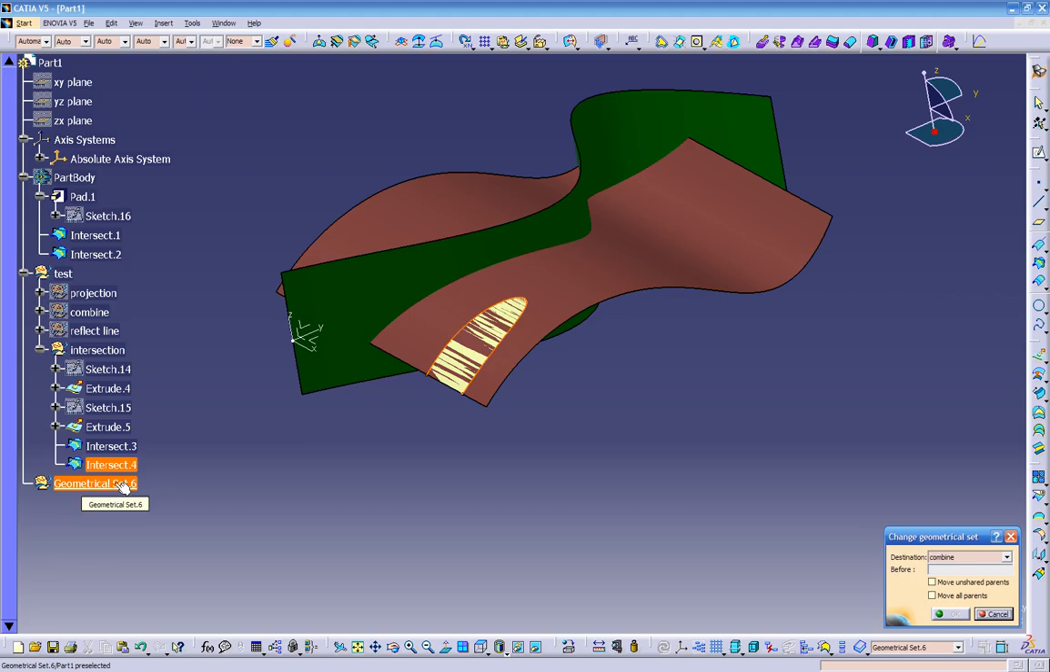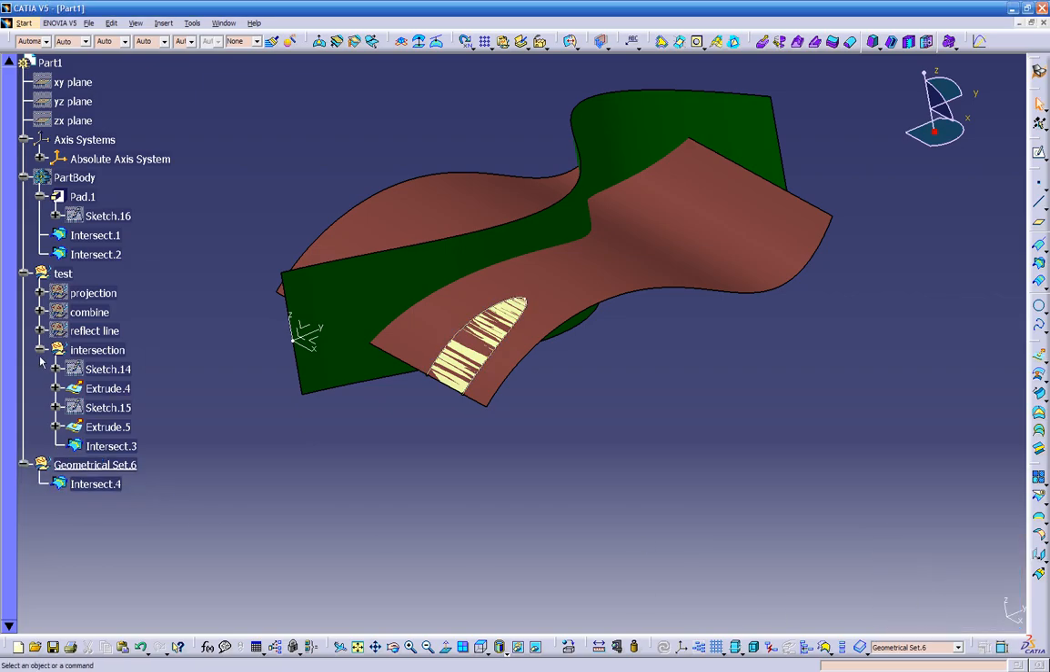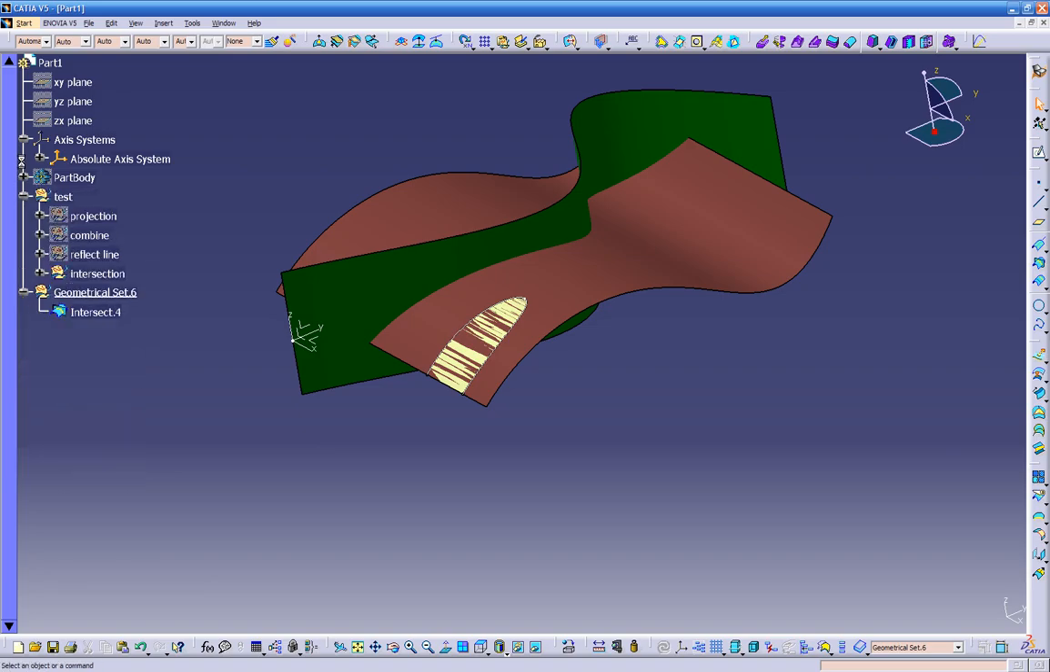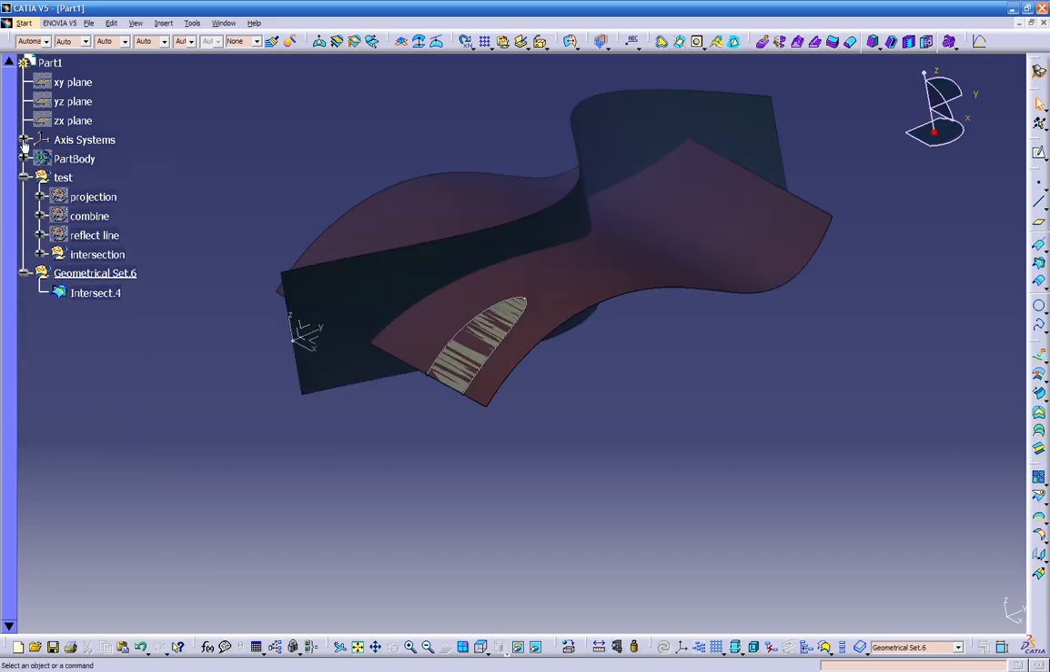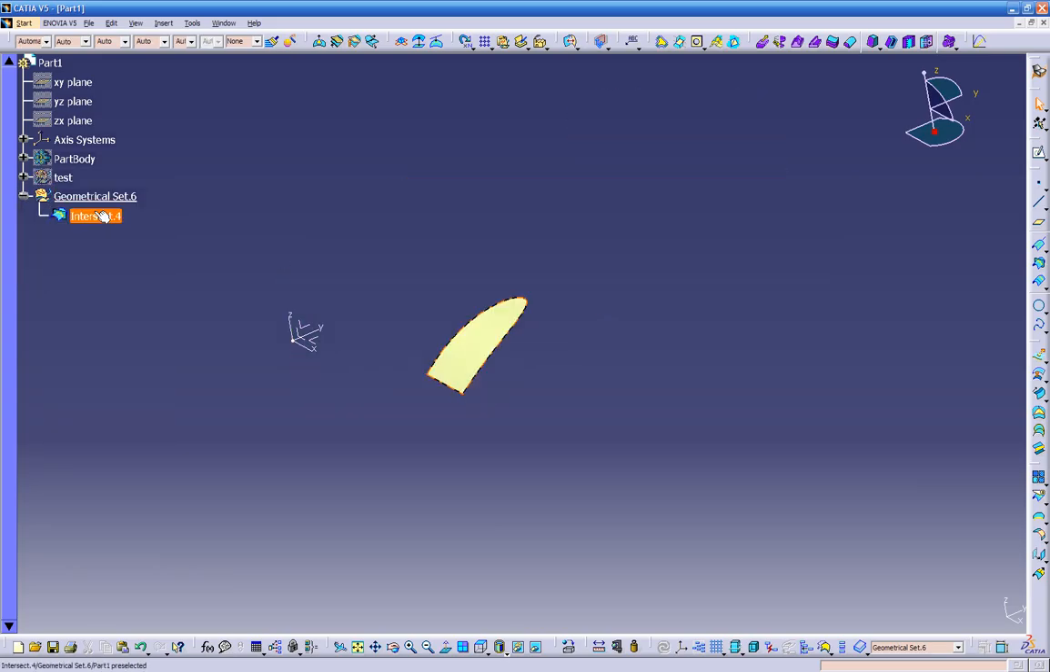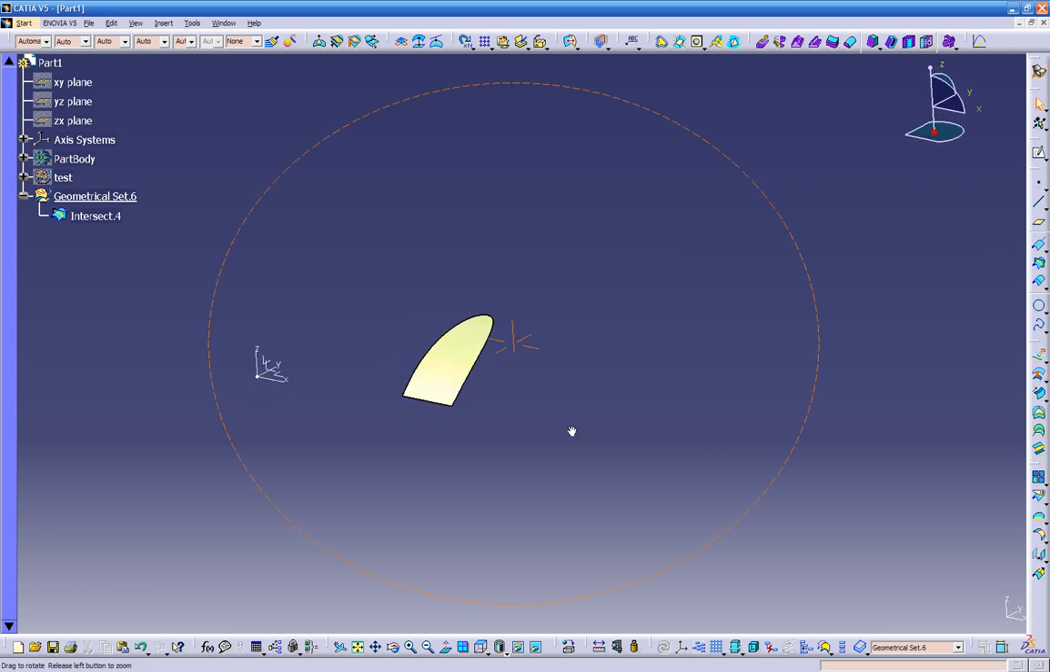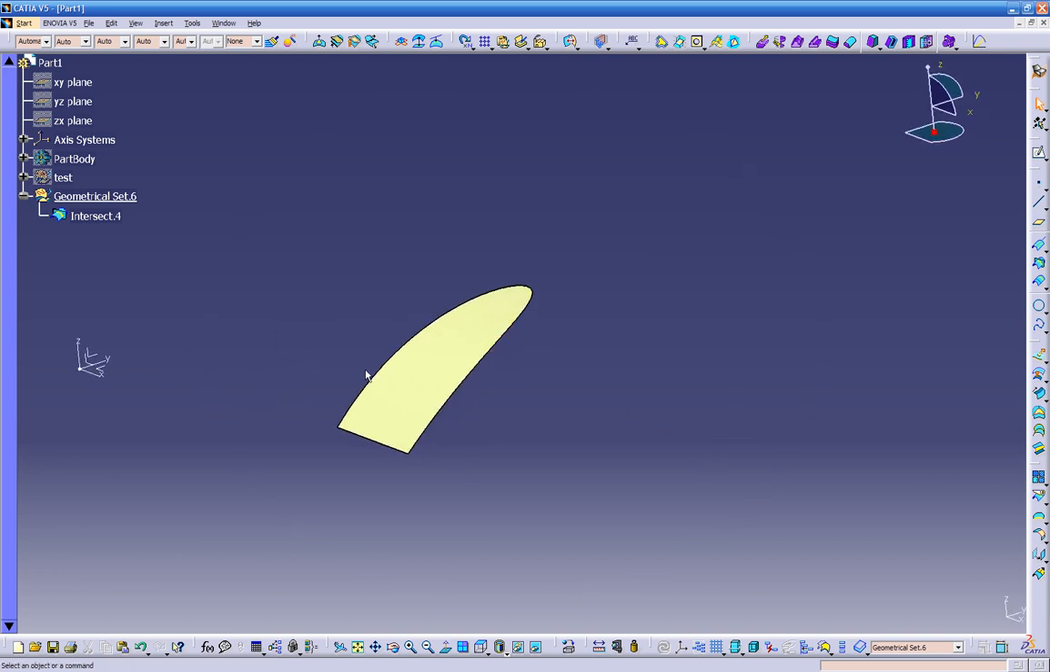change it to geometrical set number 6, click OK. And now if I turn off everything, the only thing I'm going to have on the screen is only the projection surface. So it's very, very important that we learn how to create those geometrical sets and put them in folders and subfolders,